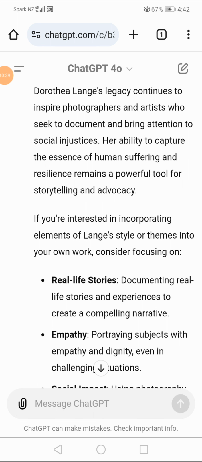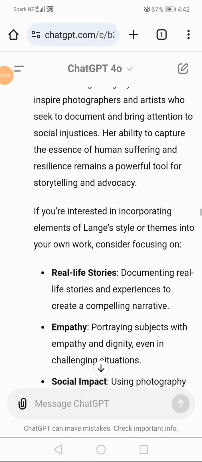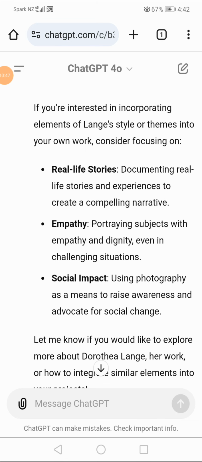Her ability to capture the essence of human suffering and resilience remains a powerful tool for storytelling and advocacy. If you're interested in incorporating elements of Lange's style or themes into your own work, consider focusing on real-life stories,